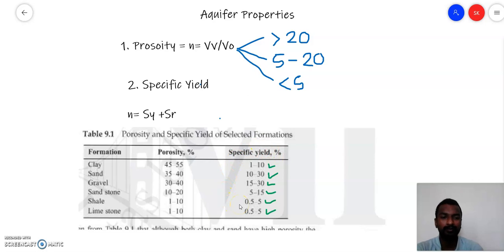This is what we have discussed in today's session: what is a recharged water table, what is an influent stream, what is an effluent stream, and aquifer properties, simply porosity and specific yield. In the next session we will discuss Darcy's law, what is meant by Darcy's law and what is the purpose of Darcy's law, so that you will have a more detailed idea, and after that we will solve a few numericals. It will make our concepts clear, and will help us understand groundwater hydrology in a better way. Thank you.